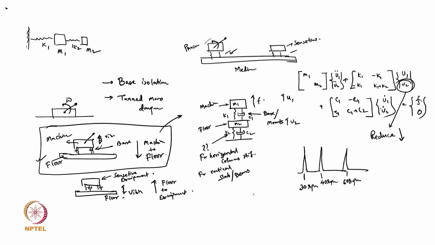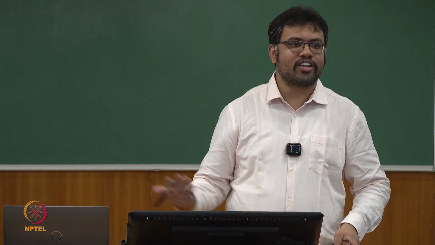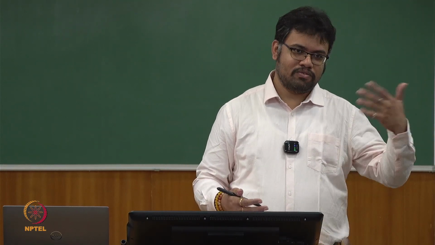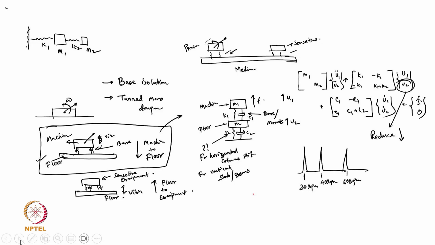And using the Fourier transform, we can transform the excitation and again get the response like a single degree of freedom, like a harmonic excitation. Agreed, all of you? Yeah. So we will use primarily that technique, and we will try to solve it for a harmonic excitation, because we have that Fourier transform. So if I have this one, now what I will do, I primarily have this matrix: M1, M2, U1 double dot, U2 double dot, plus C1, C2, minus